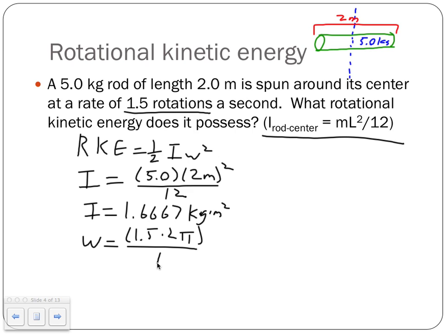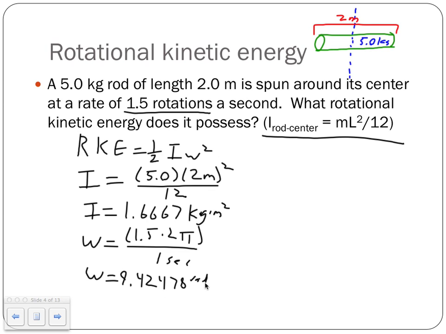Doing the math, 1.5 times 2 pi is about 9.42478, and divided by 1 is the same thing. So omega is going to be 9.42478